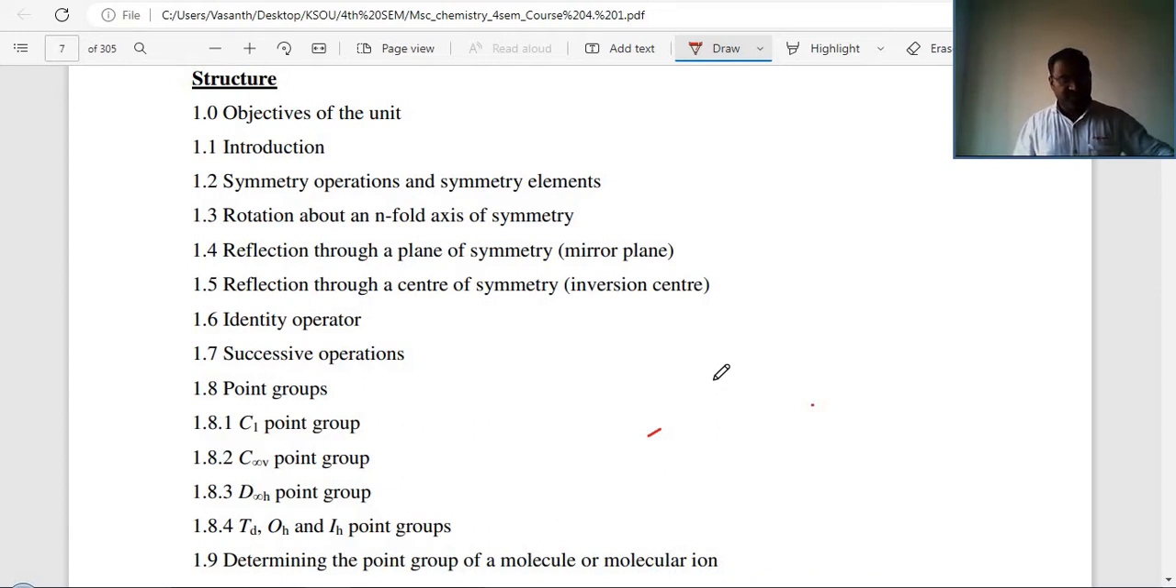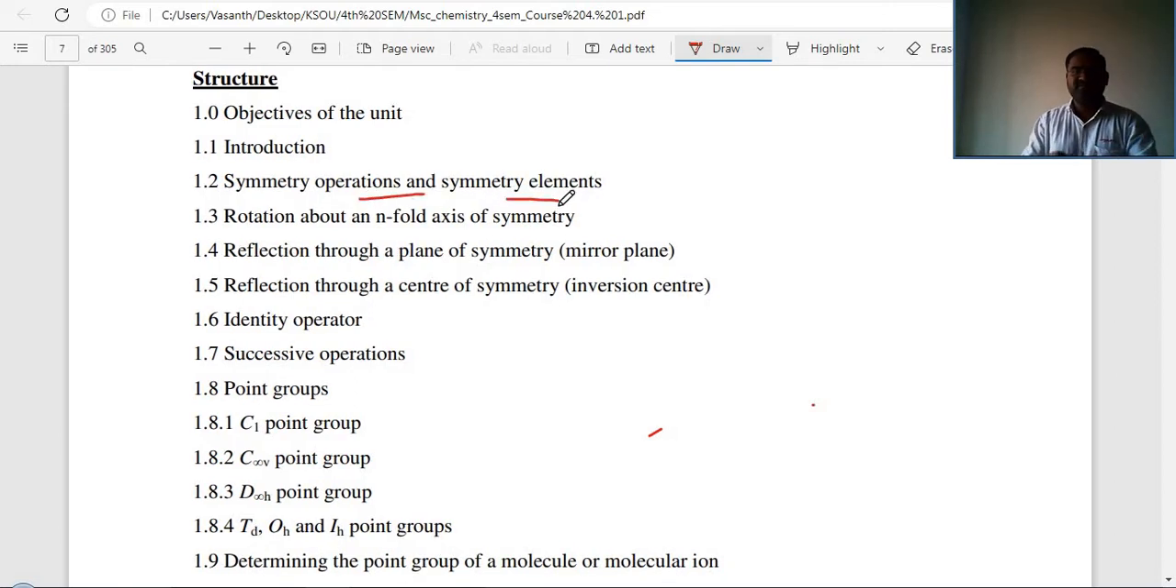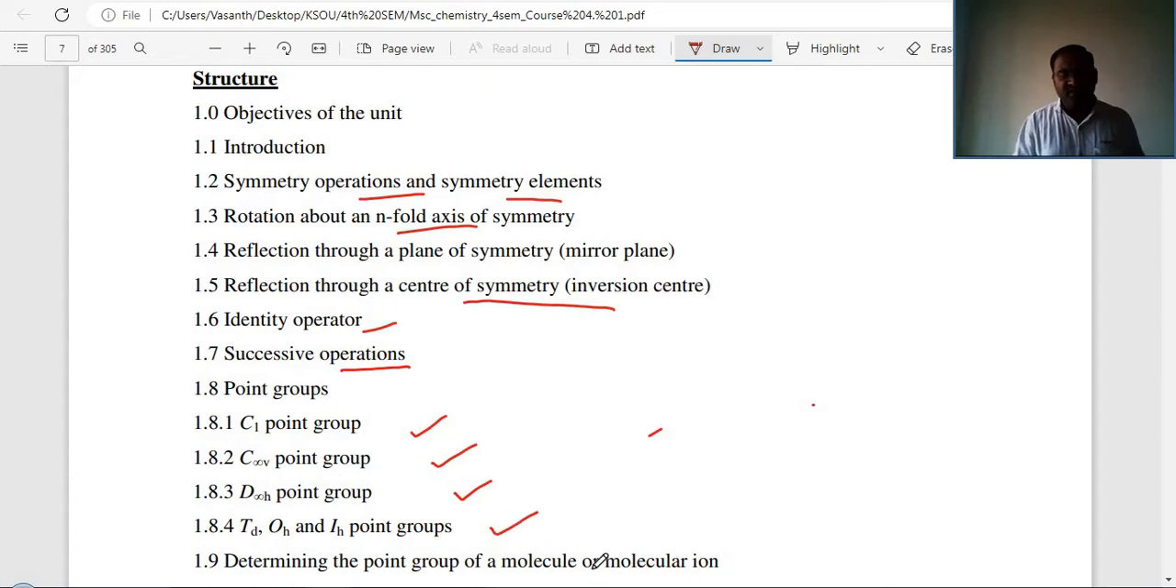first we discuss or explain the symmetry operations, symmetry elements, rotation, reflection through a plane of symmetry, reflection through a center of symmetry, identity operator, successive operations, point groups like C1 point group, C infinity V, D infinity H, TD, OH and IH point groups,